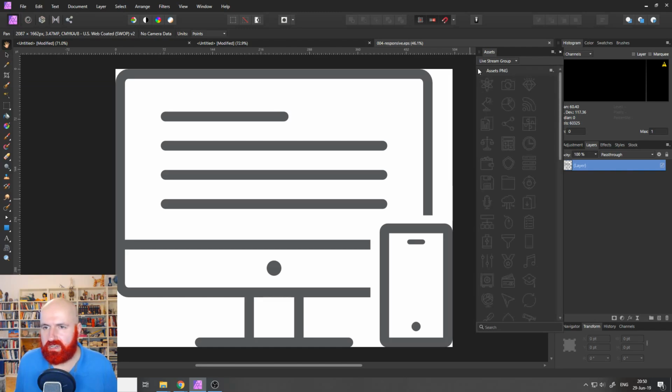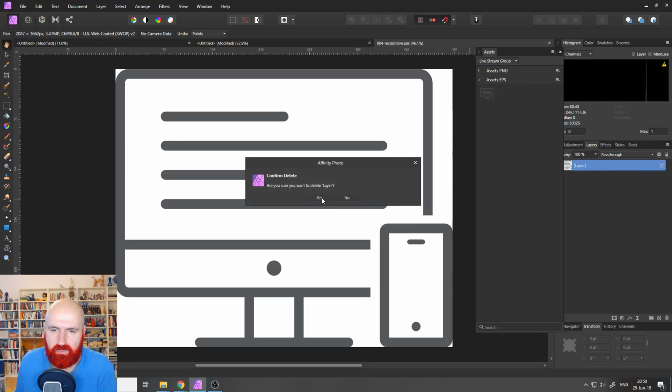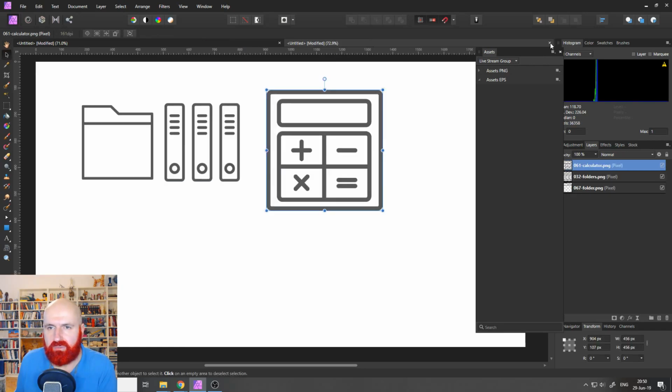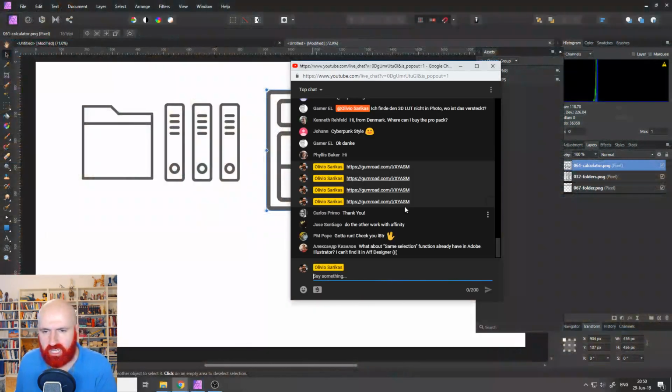With PNGs, it's really easy, but with EPS files or AI files or any kind of these other files, it is very work intense. And this is when you're lucky and you have files that are already separated into individual EPS files, because often when you go to a page,